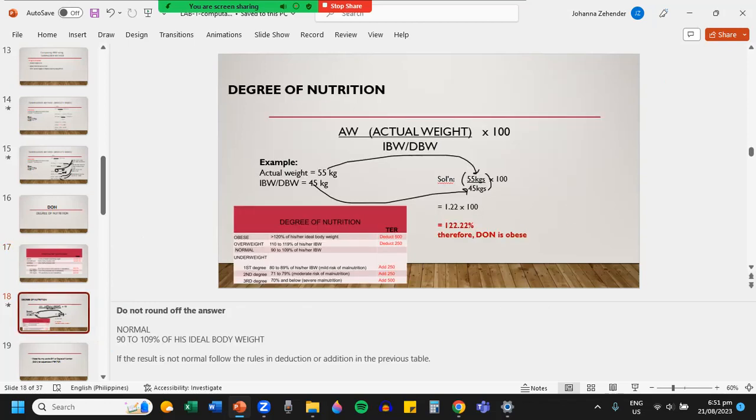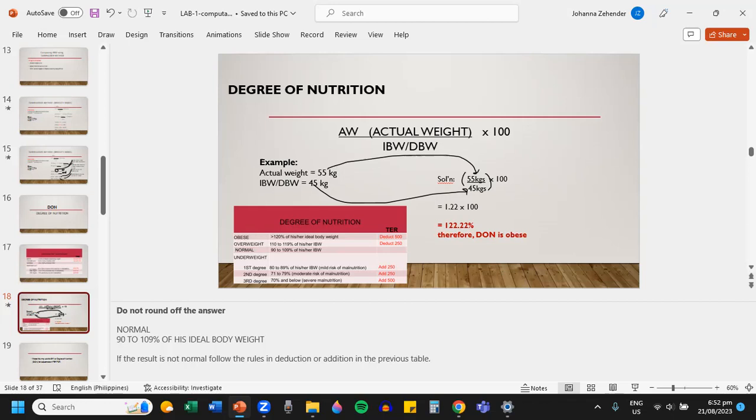Okay, so here is a sample computation for the degree of nutrition. We start with the actual weight times 100, to be divided by the IBW or the DBW. So we have the given data. The actual weight of the patient is 55 kilograms, while the IBW of the patient is 45 kilograms. So 55 over 45, times 100. We have 1.22, times 100,